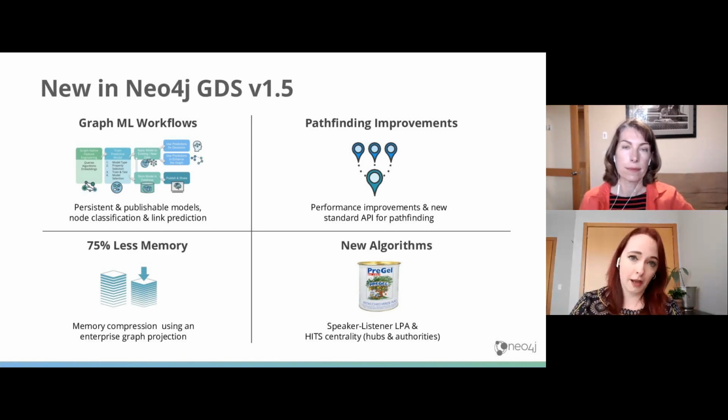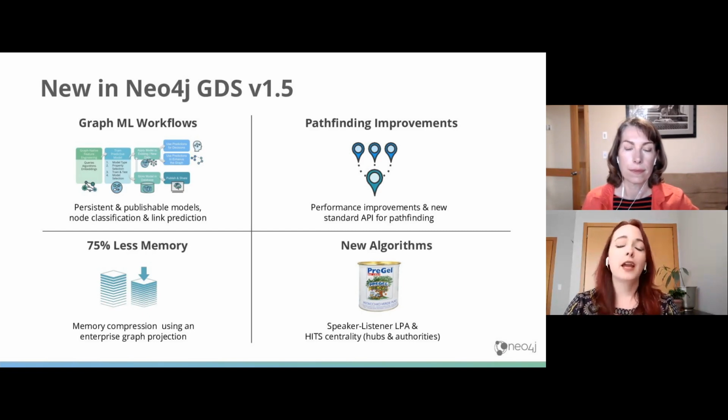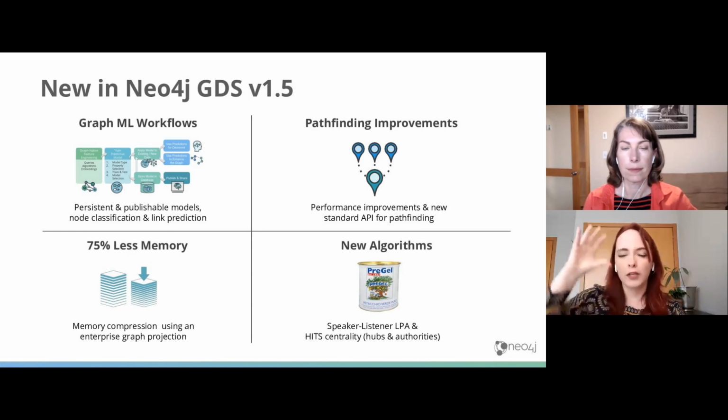All of the supported pathfinding algorithms will return paths now. And we've improved the performance, so they're about 25% faster. For our Enterprise Edition users, we've introduced a new memory compression format. So a new way of storing that data in memory in that analytics workspace that uses up to 75% less